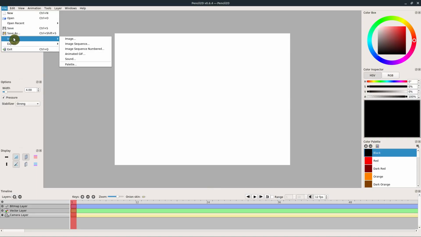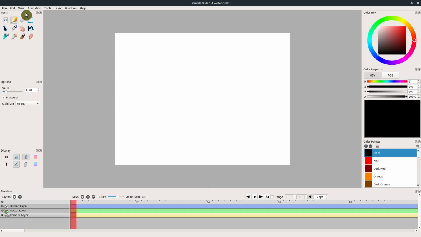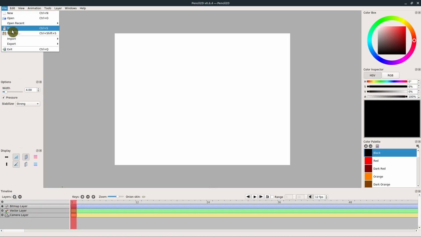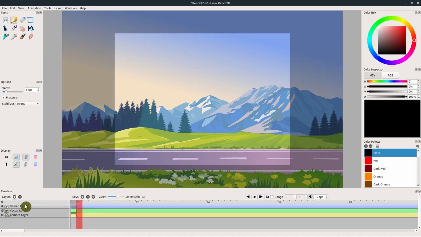In the last video, we imported a background, and I'm going to do the same thing now. I'm just going to import this image, a JPG image of a background that I downloaded. I tried to import it on the camera layer, so I need to make sure I'm on my bitmap layer when I do that. And I go to File, Import, Image, and then select the image, and it will import this onto this bitmap